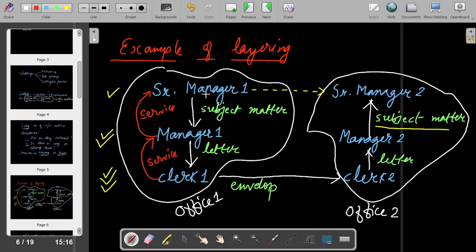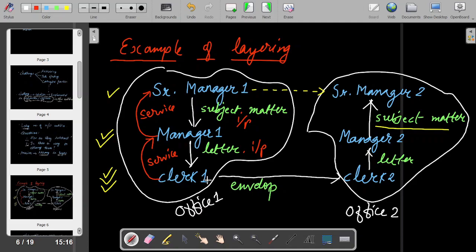What manager 1 receives from senior manager 1, manager 1 receives some input, and based on the input, based on the commands, he does the work. Similarly, clerk 1 receives input from manager 1 and based on the input, clerk 1 does some work. So,